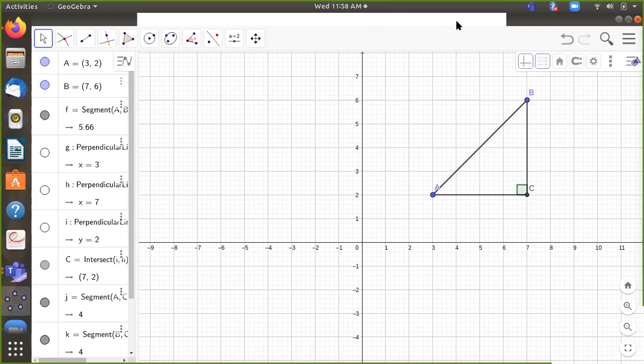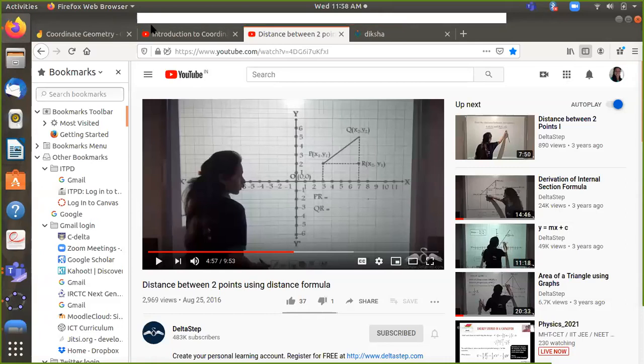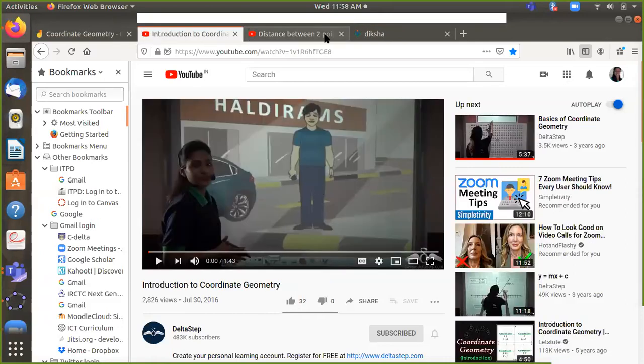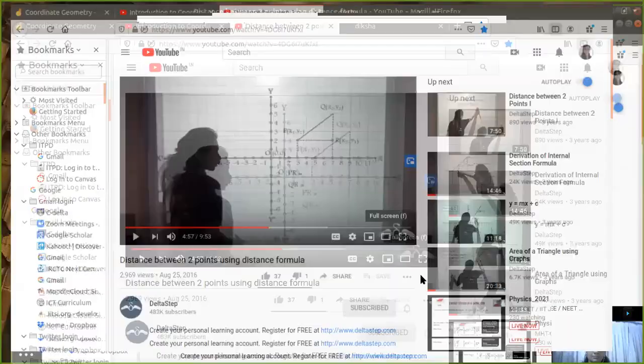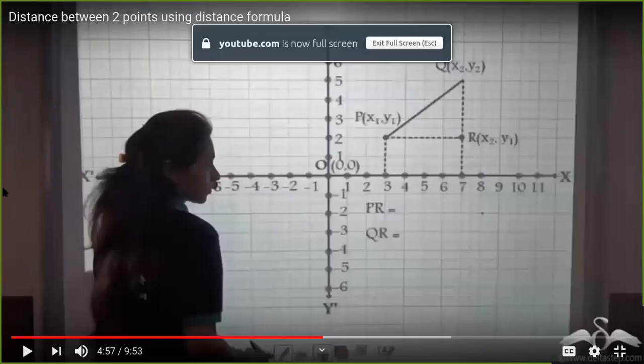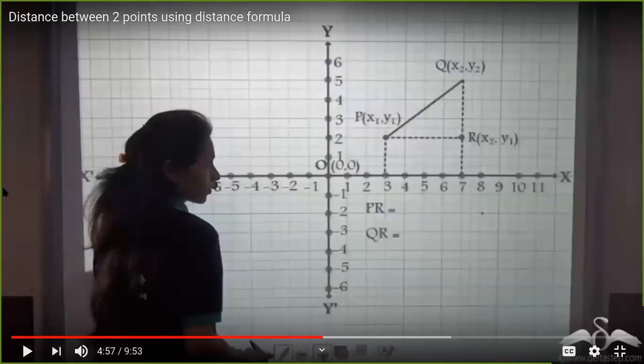So let me see how I can promote this. Yeah, I'm not playing the entire video. I'm just going to play the part which is required for you. So I've just paused the video now for you to draw this diagram quickly. So you need a coordinate plane. You have to mark these points P and Q as x1, y1 and x2, y2. So automatically your R will become x2, y1. So mark these 3 points and get ready. I'll start playing the video. Just 30 seconds I'll give you.